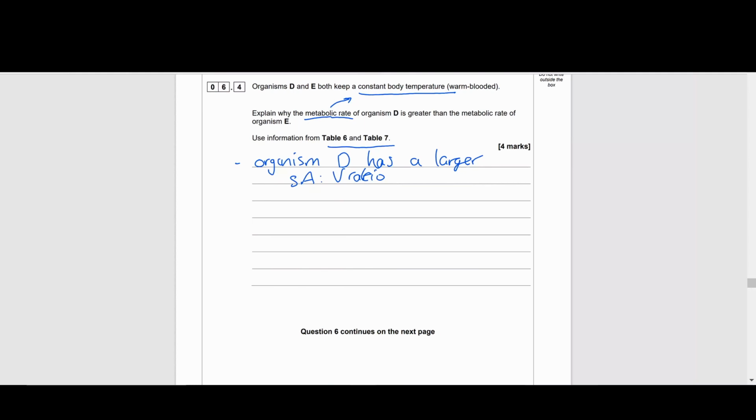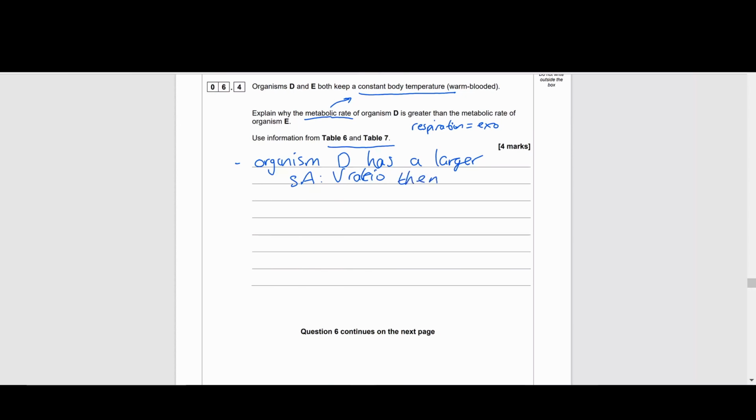Well, if we think about an example of a metabolic process, respiration, this is an exothermic reaction. So that means that heat energy is given to the surroundings. It leaves our organisms. So if we have a larger surface area to volume ratio, that will then mean that